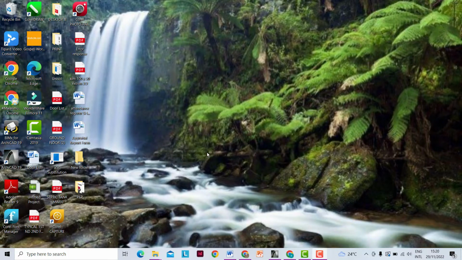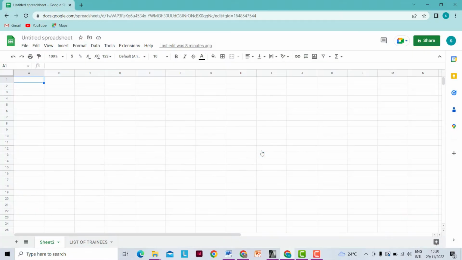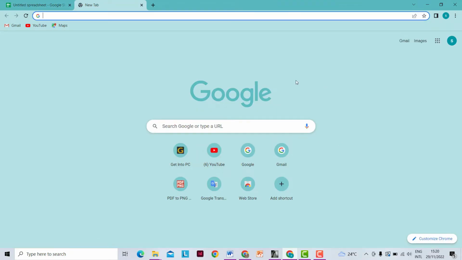Welcome. So the first thing is to launch into your Gmail account using Chrome. You just double click it in order to launch it. Then, of course, if you've used the account before, your account will be displayed, and then you just click on the account to open. If you've not been using it before, then you need to sign in until you get to where the mails are. Once you launch your Gmail account, it will bring you to this page,